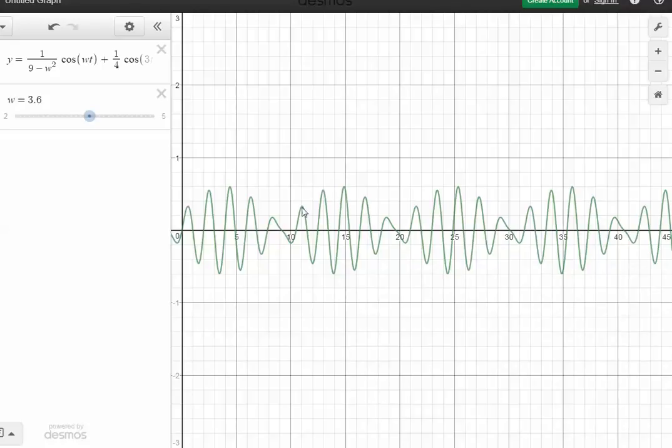Okay, so what we see here is called beats. This is beats, because you have the regular oscillation, and then, like I said, you have the amplitude getting big and then small and then big and then small at a less frequent pace, right? So at a lower frequency, this big, small kind of thing. And the reason it's called beats,